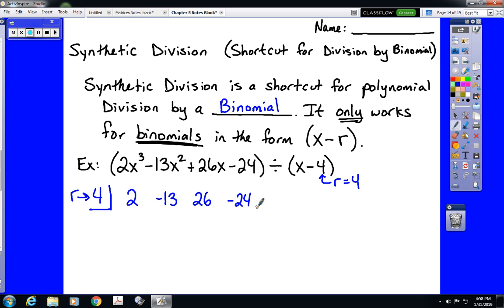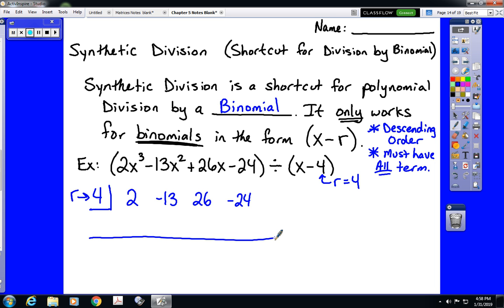Now we got lucky here, but we need to keep in mind that we must still have our terms written in descending order. And we must still have every single term. They must all be there. Okay, just like long division. So we leave one line of space to show our work, and we draw a line to separate our work